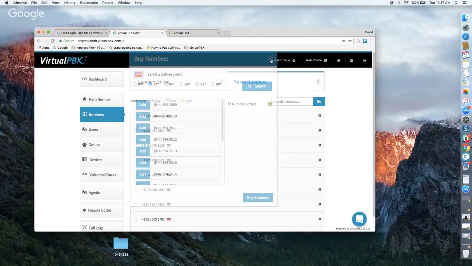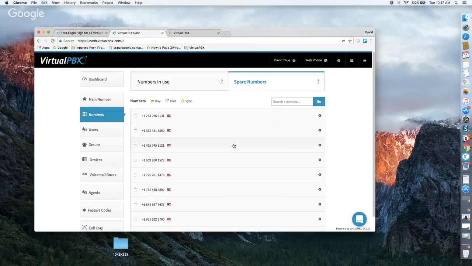Now, if any area code or even toll-free prefix comes up with none available, you can always email porting at virtualpbx.com and see if we can get a number for you still. We might have to back order it, which might take some time, but it's still something we can do. And that usually comes into play with